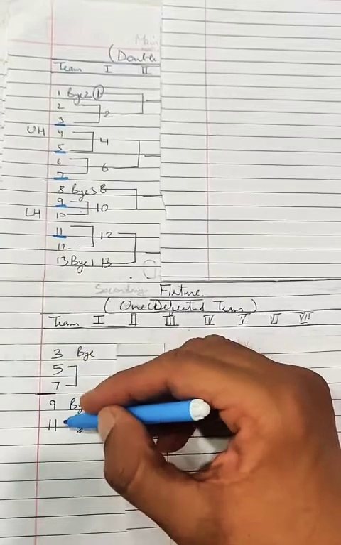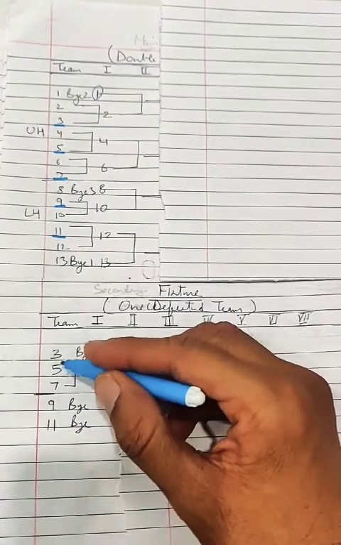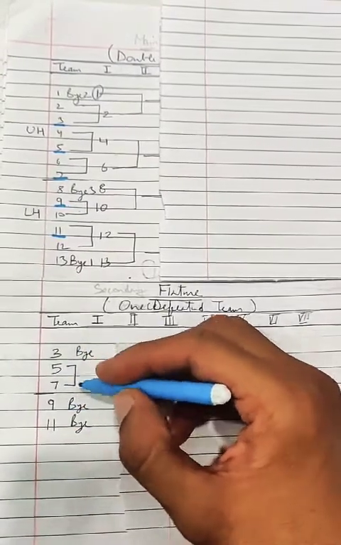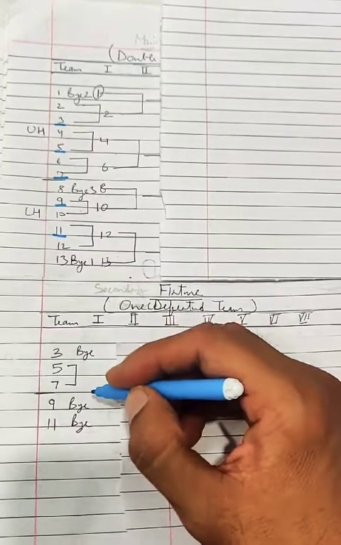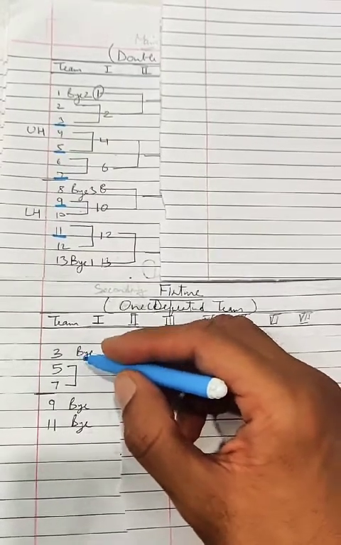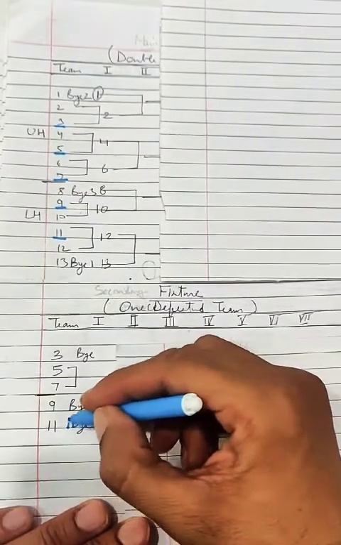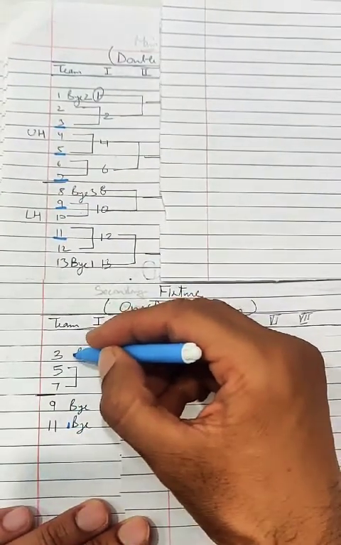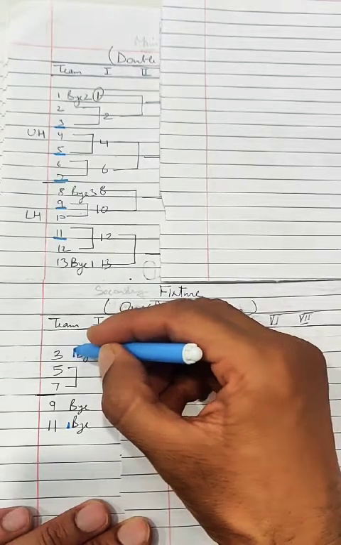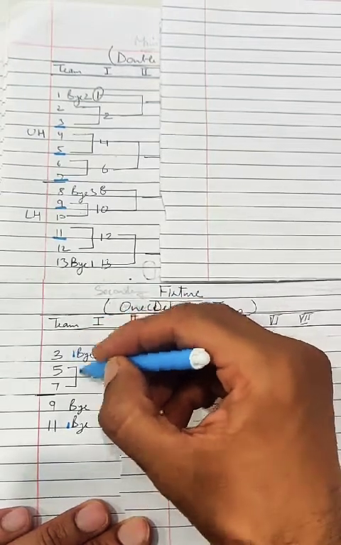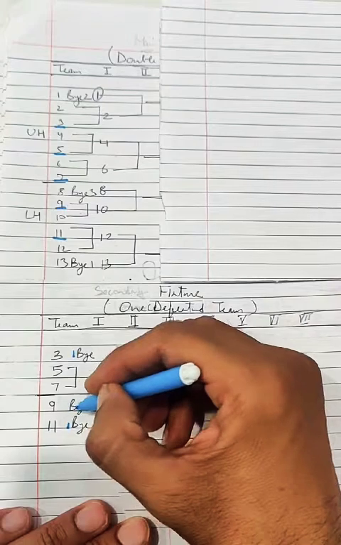5 teams means the next highest power of 2 will be 8. So 8 minus 5, 3 byes are to be adjusted. The order of byes will be: first bye is to be given to the 11 number team, then the second bye to be given to the 3rd number team here, and then the 3rd bye is to be here.